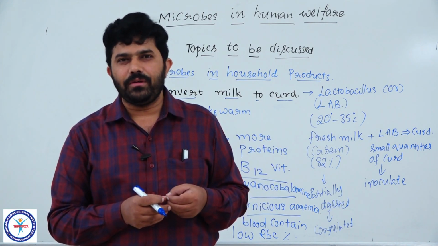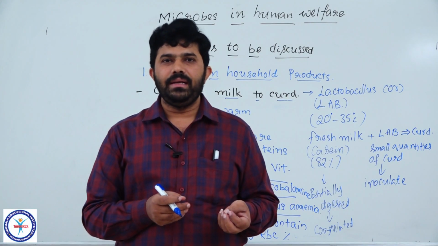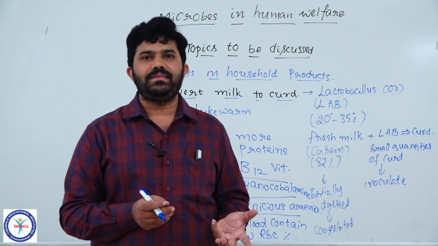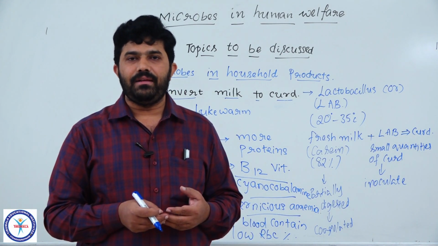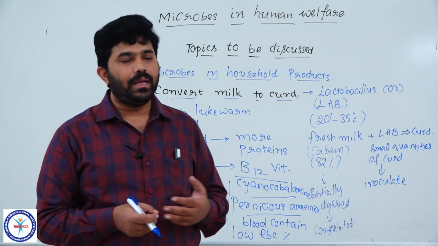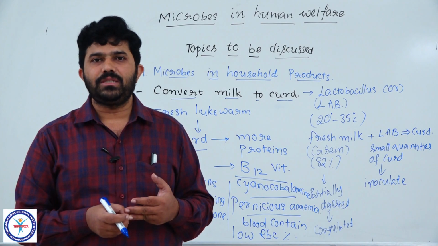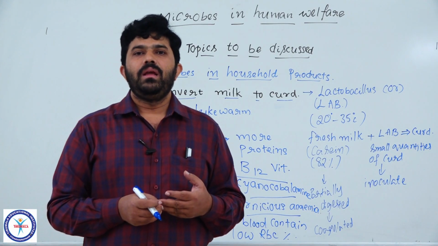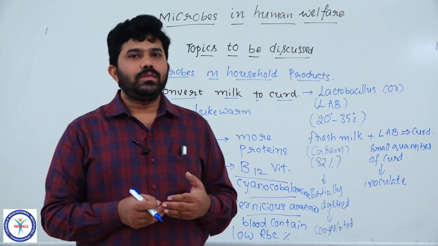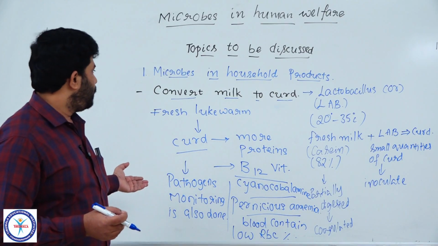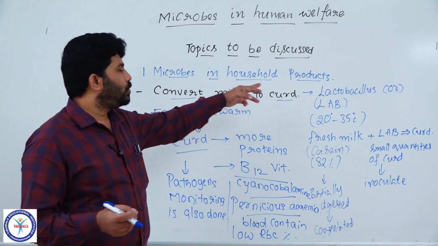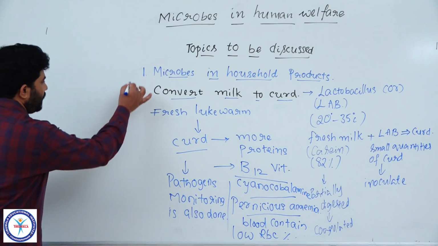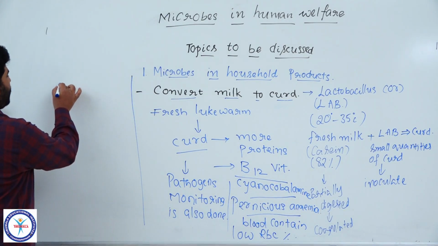In the bakeries, what do we generally observe, what do they prepare? They prepare bread, buns, cakes, pastries, different food materials. On the industrial scale, they are preparing everything. In all these cases we observe the importance of microorganisms. Understood? And in the beverage industries, the yeast Saccharomyces cerevisiae is very important. So many microorganisms play a pivotal role in the household products that we generally obtain. Understood? Along with these, we also observe them in the preparation of